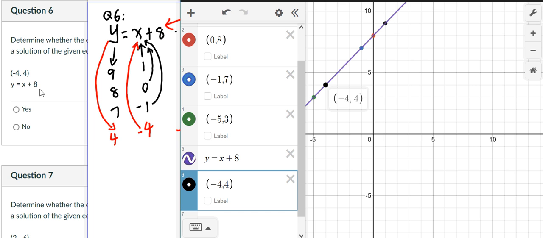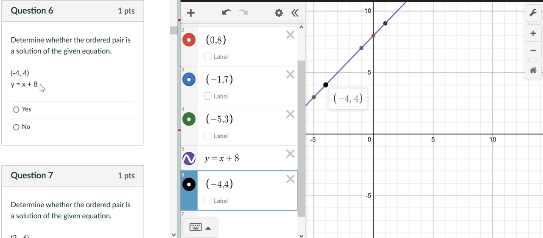Okay. So this basically gives us some knowledge for question 6, which is very rich knowledge. This equation y equals x plus 8, the graph is a line. And if this pair of numbers is a solution, then this point should be on the line, (-4, 4). If this pair of numbers is not a solution, then it will not be on the line of this equation. For example, if you are given a pair of numbers like (-4, 5),